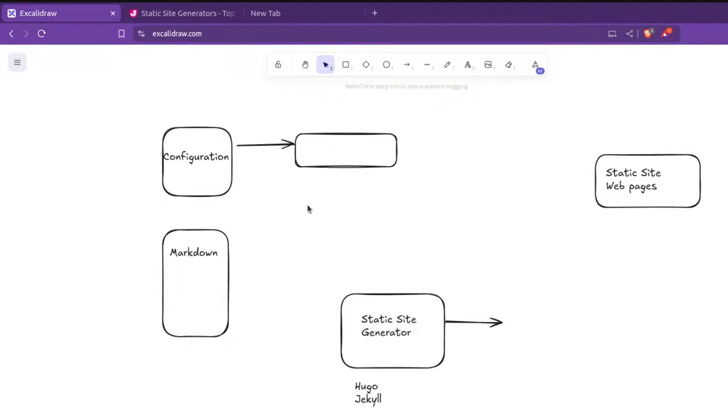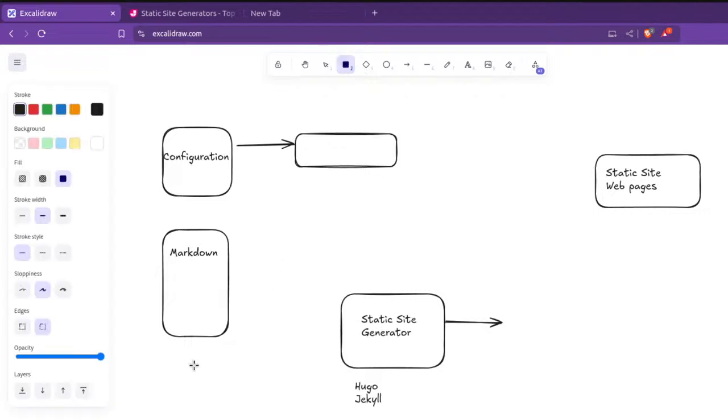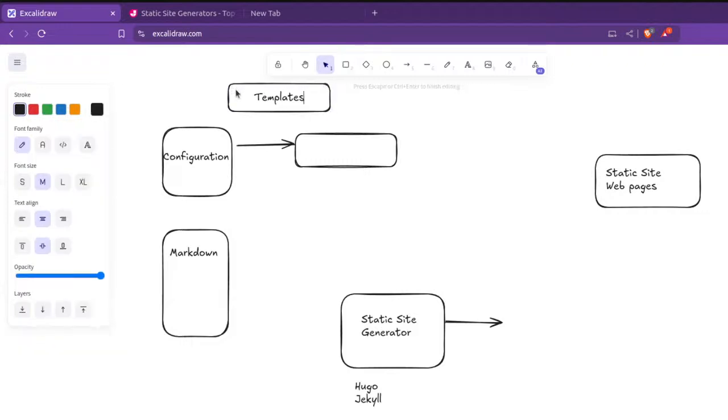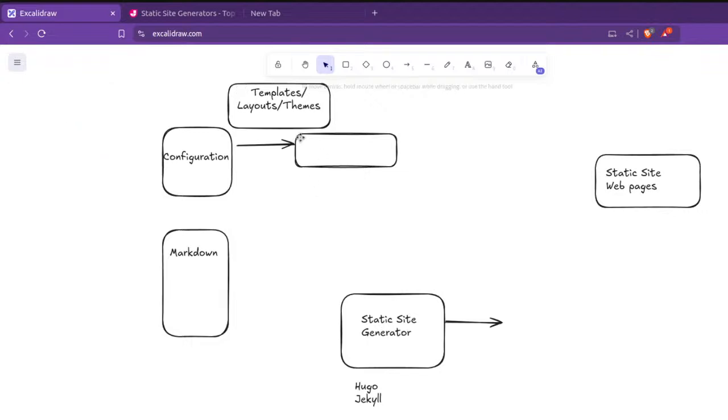So let's say we got the markdown content, and now we need other things as well. Here we will need to add one more component, which also is a sub component of configuration, but it has its own kind of component to it, which let's call templates or layouts, or you can also call it themes. These are the things which we'll also need,